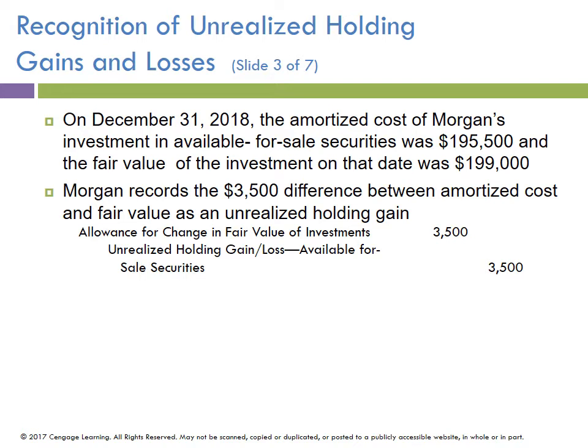We do not debit the investment account directly for this. We debit a contra account, or in this case, an adjunct account, allowance for change in fair value of investments. Since it has a debit balance, it would be added to the investment's debit balance of $195,500, so that you're reporting $199,000. So instead of debiting the investment account directly, because we want to keep track of the carrying value,